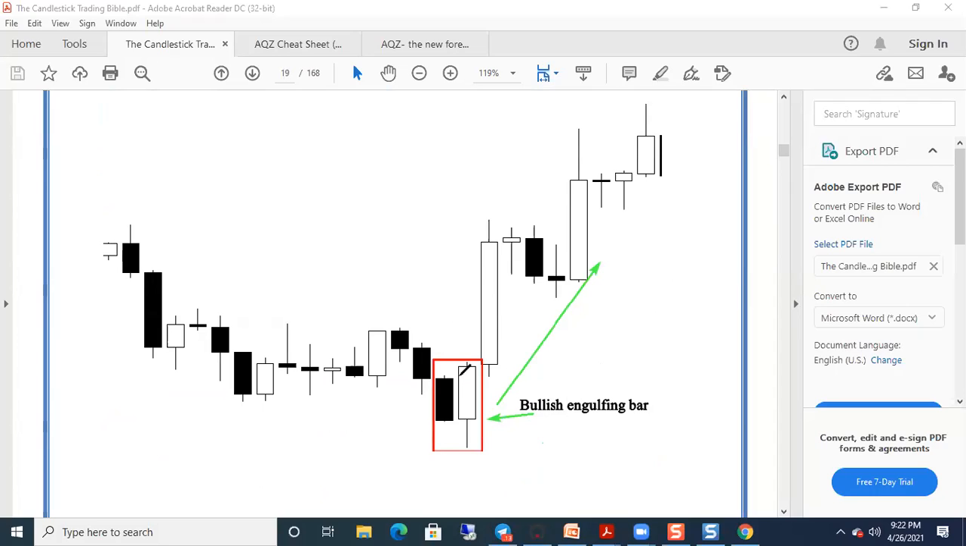Here you could see that the bullish candle is head and shoulders above the bearish candle. The bearish candle can basically find itself fully inside the bullish engulfing, the bullish engulfer, right? Again, remember, it's still